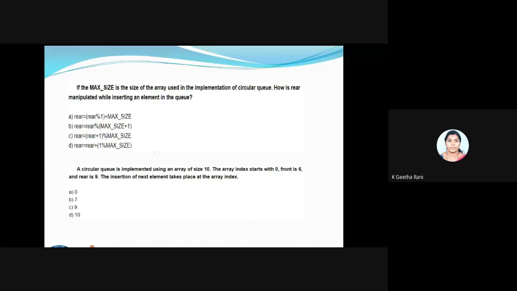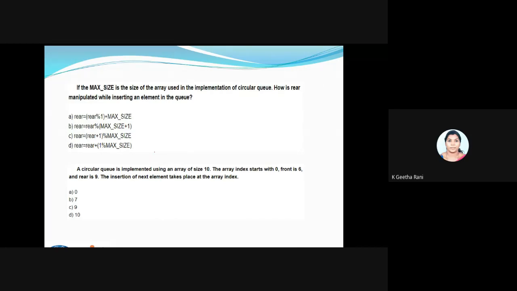Second one. We saw this in the implementation, the coding part. The maximum size of an array is used in the implementation of a circular queue.